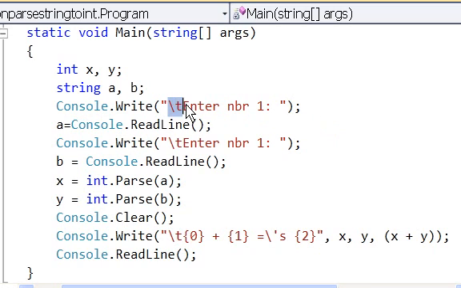And this is what I tell it to do. This is what I tell it to write. Tab over once, and then enter number 1. End of statement, so it'll wait right there. And I say, console, read a line, and whatever the user keys in, grab it and assign it to variable a, which is a string variable. So they're going to enter a number, it goes into a string variable, which you can't use